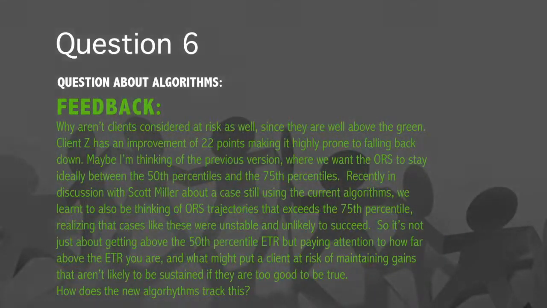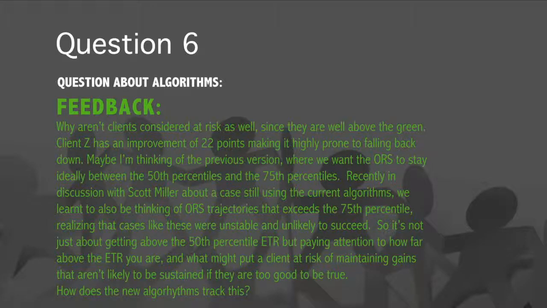Let's see. I think this is the one that you kind of were getting at before. They're asking, why aren't clients considered at risk as well if they score well above the green, so that their score is very high? So client Z has an improvement of 22 points, making it highly prone to fall back down. Maybe I'm thinking of the previous version, where we would want the ORS to stay ideally between the 50th